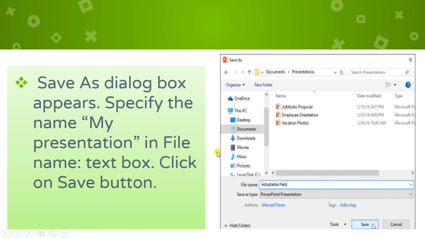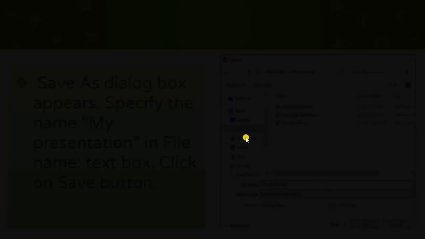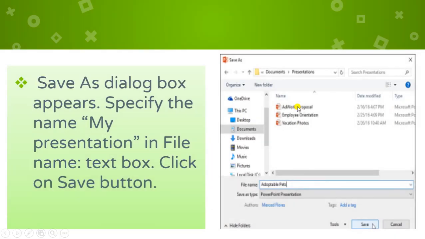You can select the location from this, wherever you want to save your file, and after that you have to give your file name in this name box. In the file name box, you give your file name, and you have to click on save. Your file will be saved in the desired location.